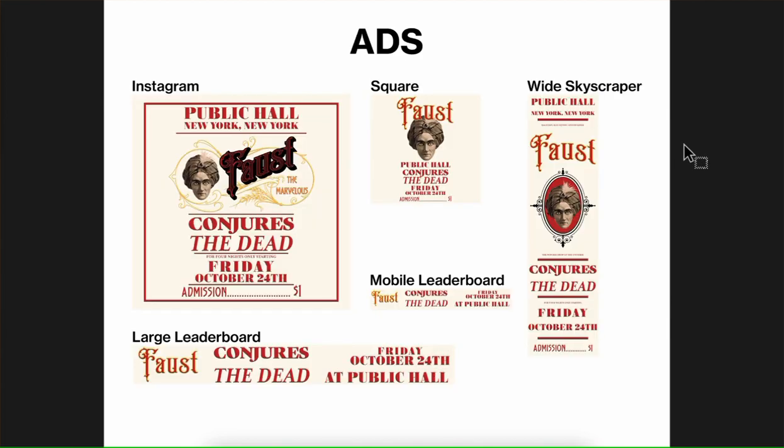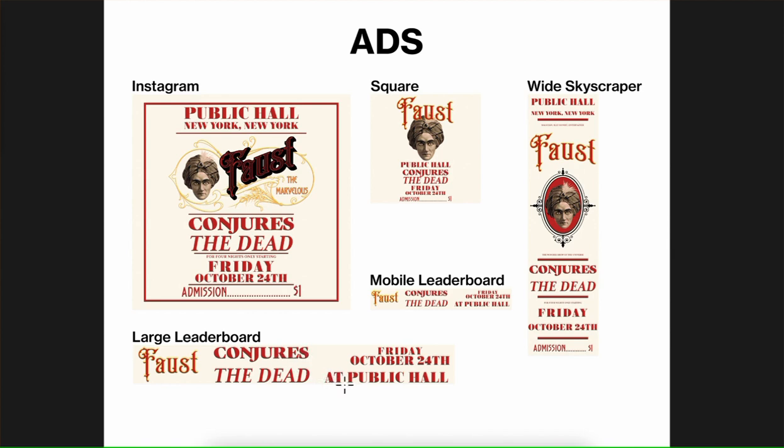Great, Alejandro. Okay, and here are your ads. Cool. Looks really good. I think the hierarchy here is very close. There doesn't seem to be a huge difference in font size, and I think there's room to make a big difference in the font size in this large leaderboard here. So I would just reduce the date by about half, and then from there you can have more room to play with